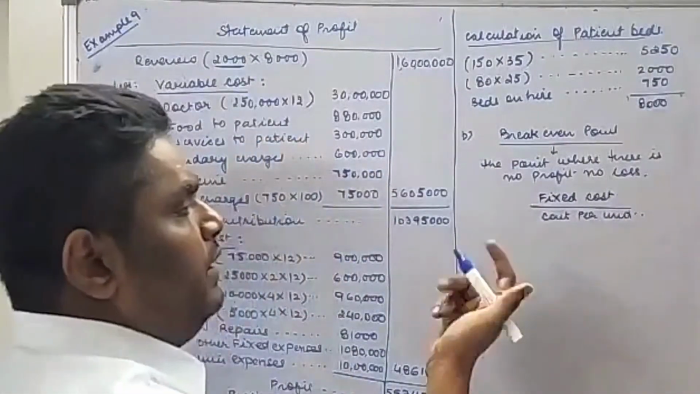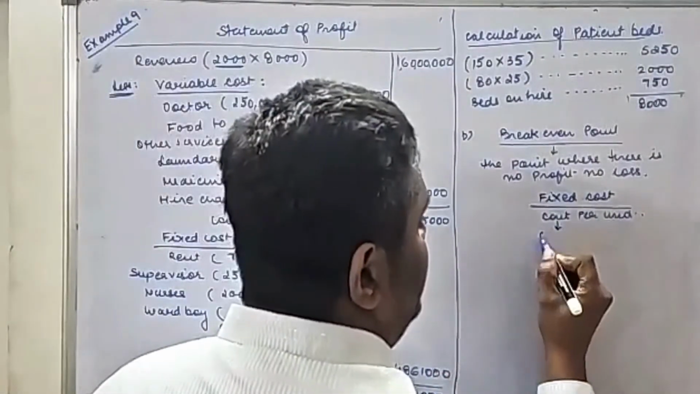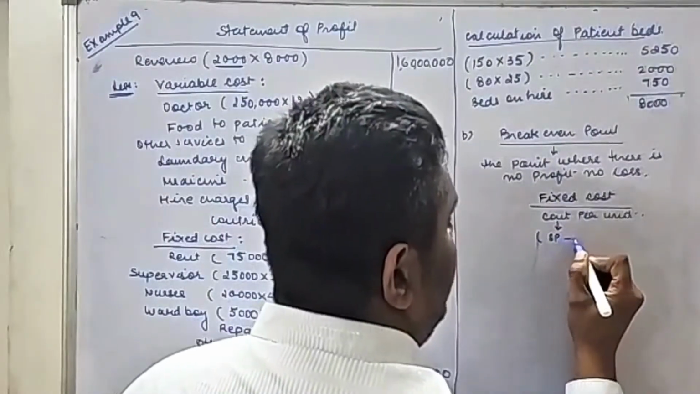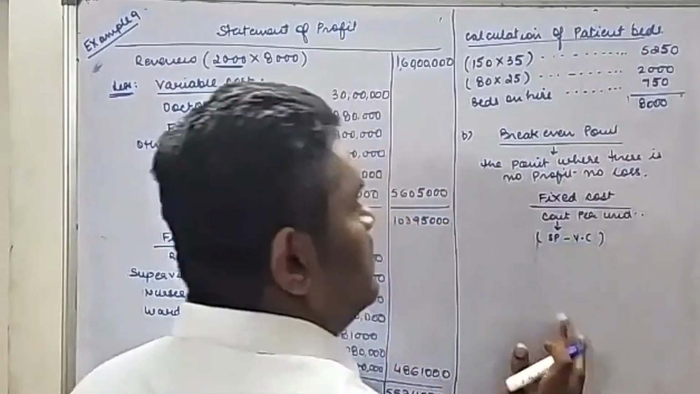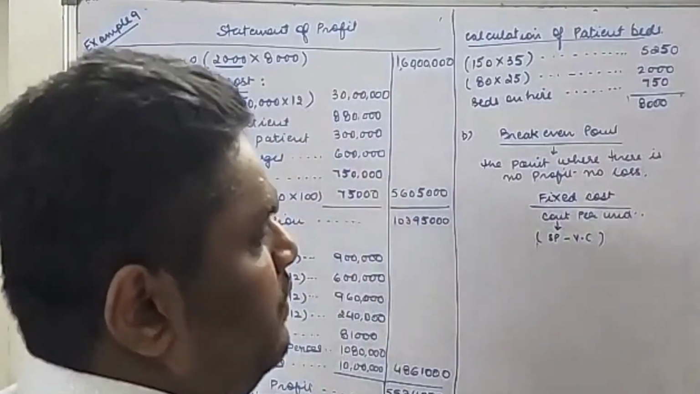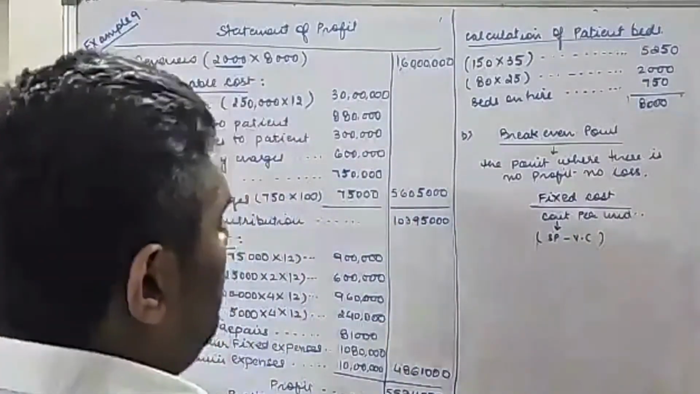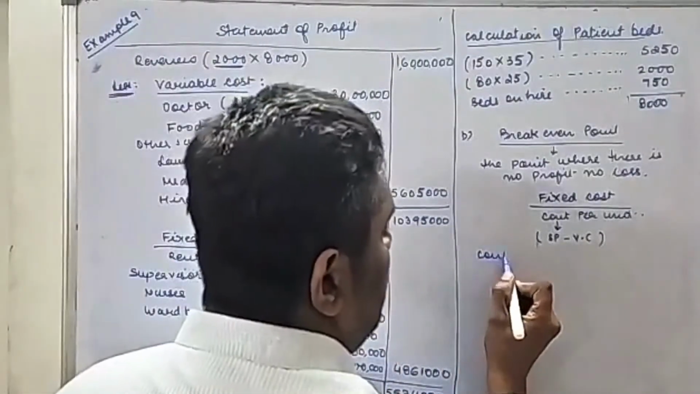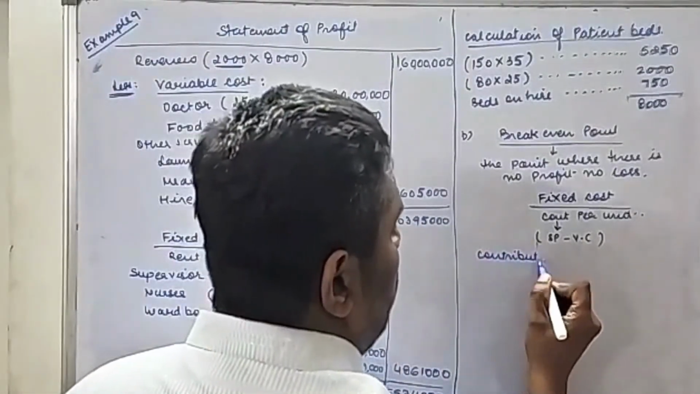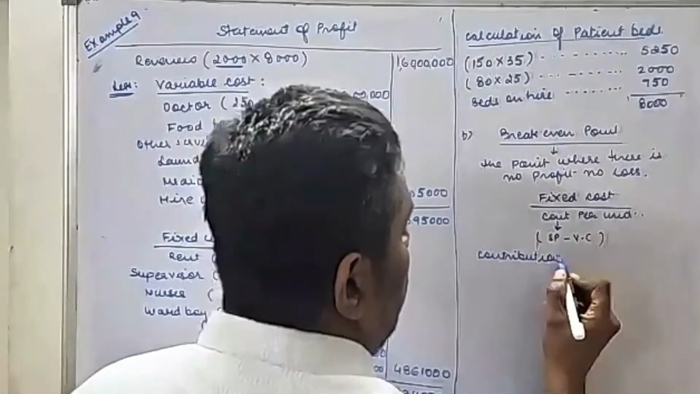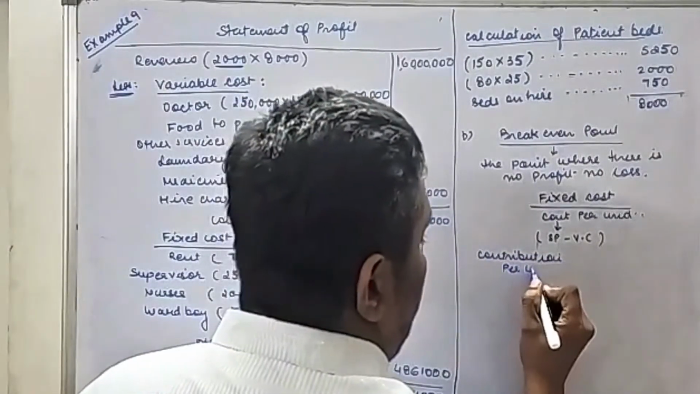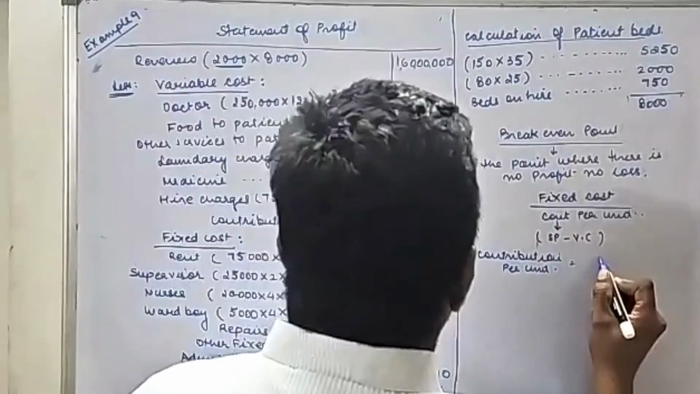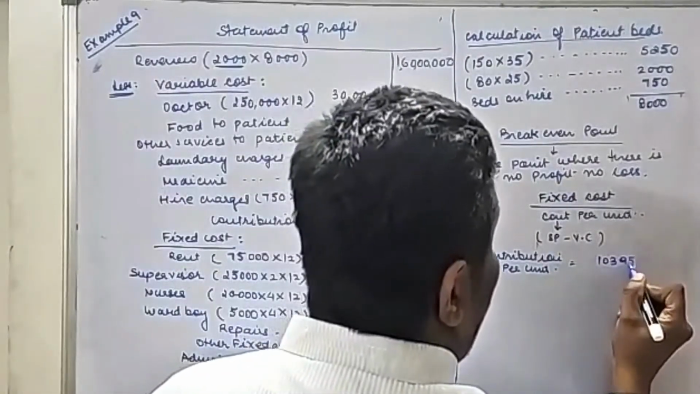When talking about contribution, how do we calculate contribution? That is selling price minus variable cost. This is how we calculate contribution per unit. Now, guys, we have the fixed cost, and when talking about the contribution, per unit, we can easily calculate. See, my contribution is 1,03,95,000